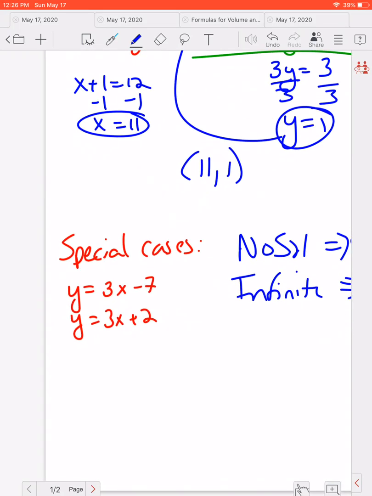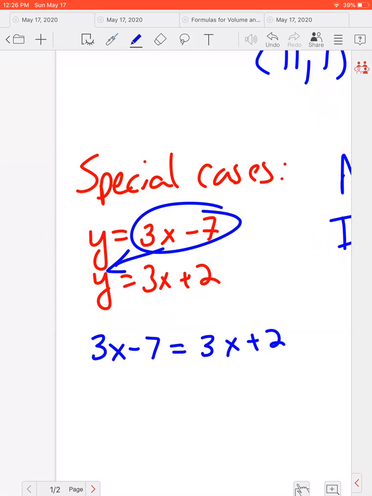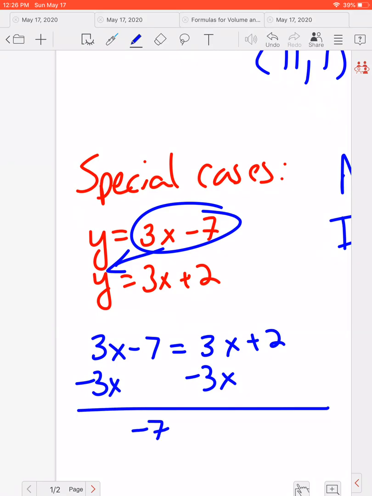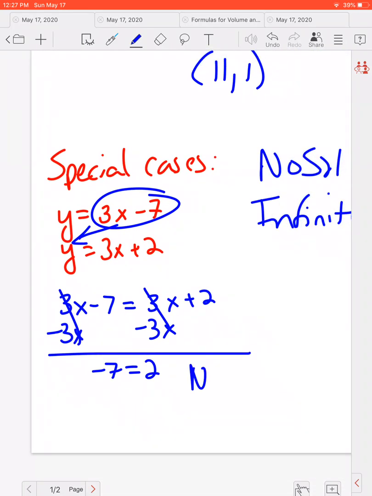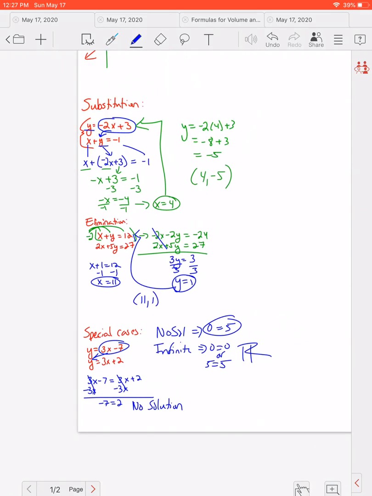So let's go ahead and solve this one. Again, we could do substitution or elimination. I'm going to do substitution just because it's quick. So that y is really 3x minus 7, so we're going to have 3x minus 7 equals 3x plus 2. Again, always move your variables first. That'll just help you a lot. So we're going to get negative 7, because this cancels, and this also cancels, equals 2. Negative 7 will never equal 2, so this would be no solution. If I got negative 7 equals negative 7, that would be infinitely many solutions, or all real solutions, which some of you really like to shorthand with a double R. If you're in Math 8, this is where you stop. If you are in